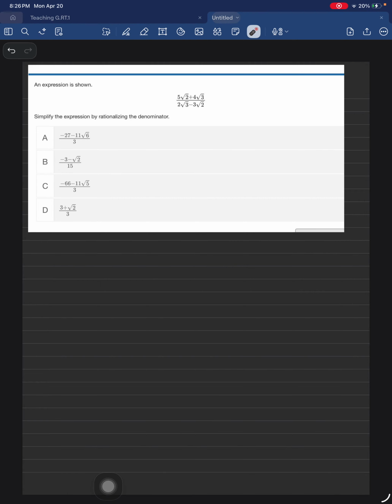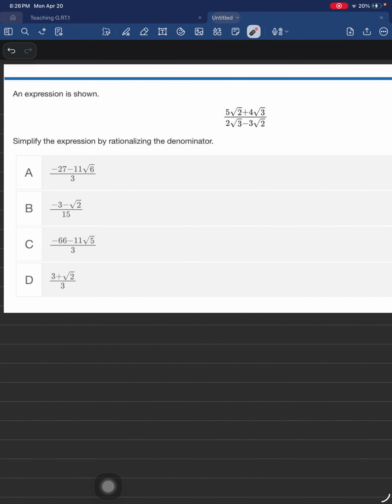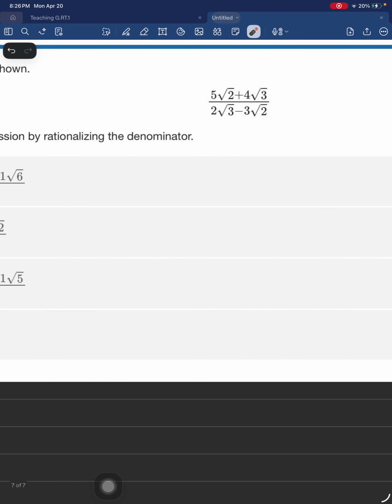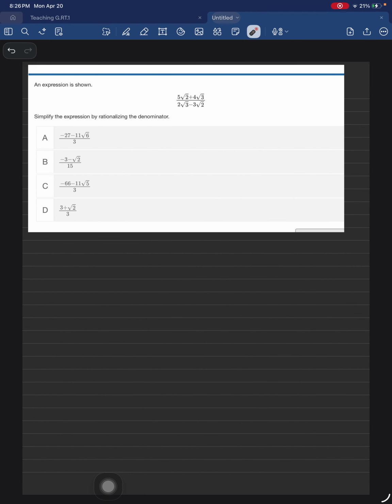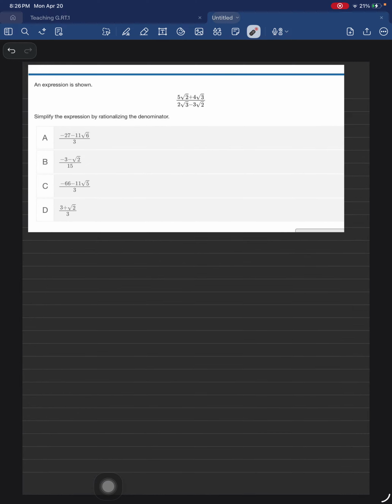Hello everyone. We will learn today how to simplify the expression using rationalizing the denominator. If we have a radical expression as follows, and to find the answer for this question, let us rewrite